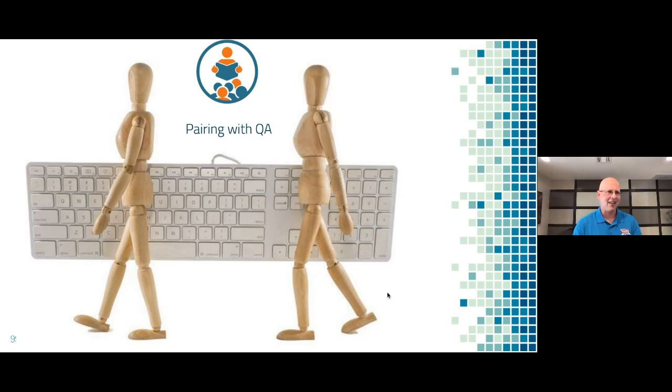So I go and I fix that, and he goes, okay, so now we've done that. Click here, click here, click here. Again, I was like, that's not how I was hitting these buttons or going through this menu. I was like, okay, give me a day, I'll come back. So eventually we got to the point where even before I started the story, he and I would collaborate. I'm like, how are you going to test this? What can I put in here for you? And ultimately, we got to the point where he never rejected any of the features, because we worked in such